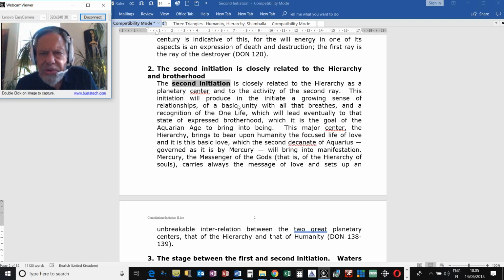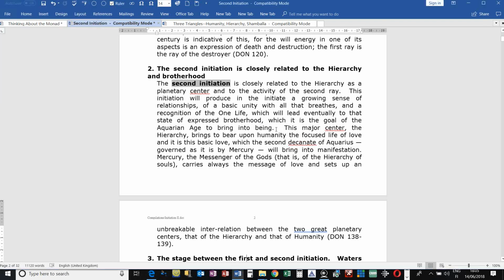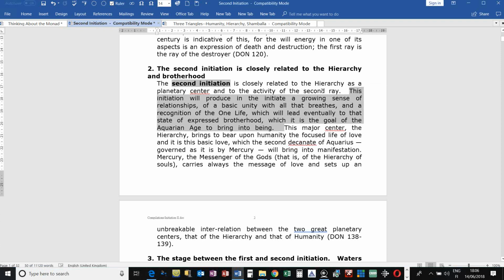This initiation will produce in the initiate a growing sense of relationships, of a basic unity with all that breathes, and a recognition of the one life, which will lead eventually to that stage of expressed brotherhood, which it is the goal of the Aquarian age to bring into being, and especially toward the end of the Aquarian age, the last